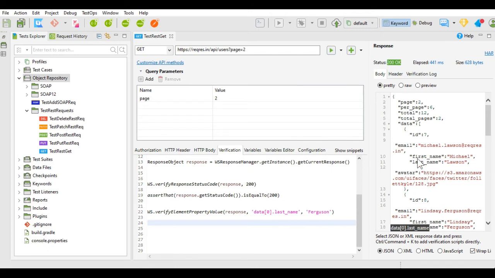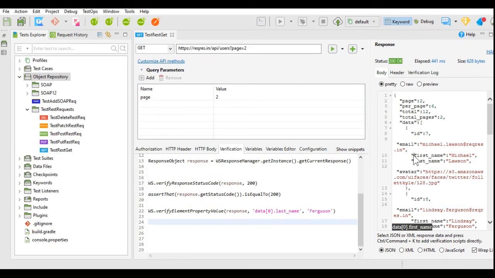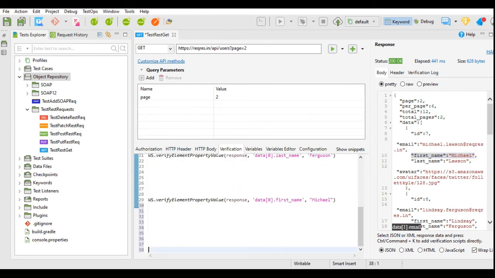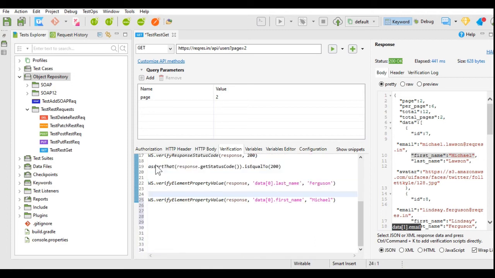So for example, if I select this key value pair of first name and the value of the first name, Michael, and if I press Control K, then I will get code like this. If you see, same code with the data 0 dot first name Michael. So it has generated the JSON path for me.